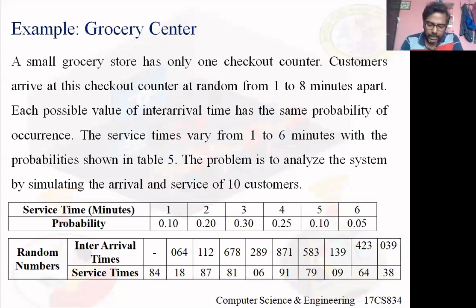It means that if the current customer arrived at some time, let it be time X, the next customer will arrive at the billing section maybe after 1 minute, or 2 minutes, or 3, or up to 8 minutes, but not beyond that. Got it? So the inter-arrival times will usually be 1 or 2 or 3 or 4 or 5 or 6 or 7 or 8 minutes. Not beyond this.